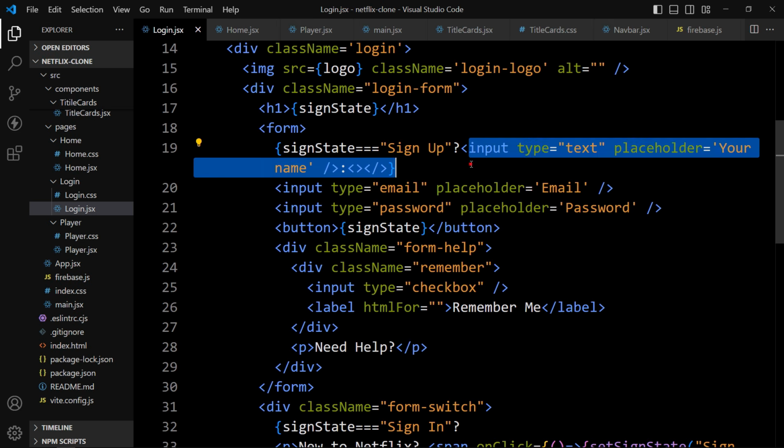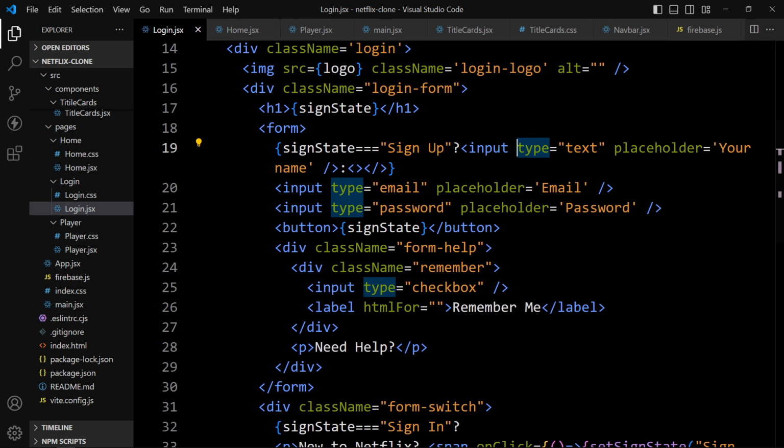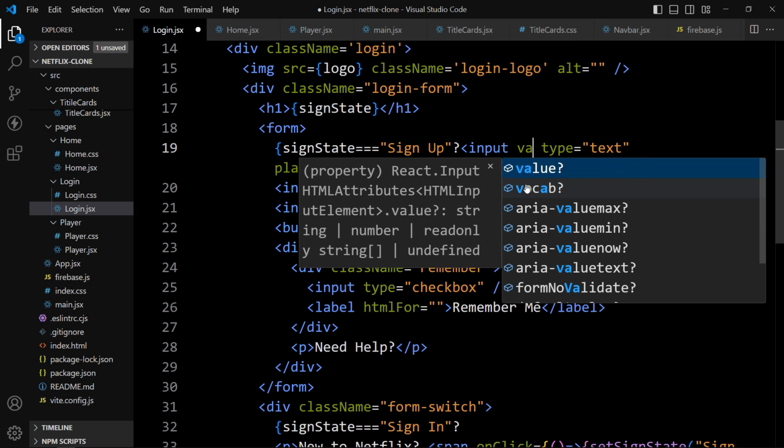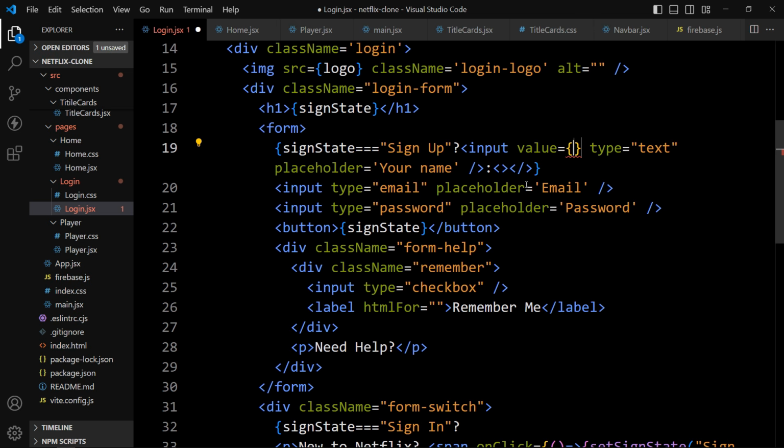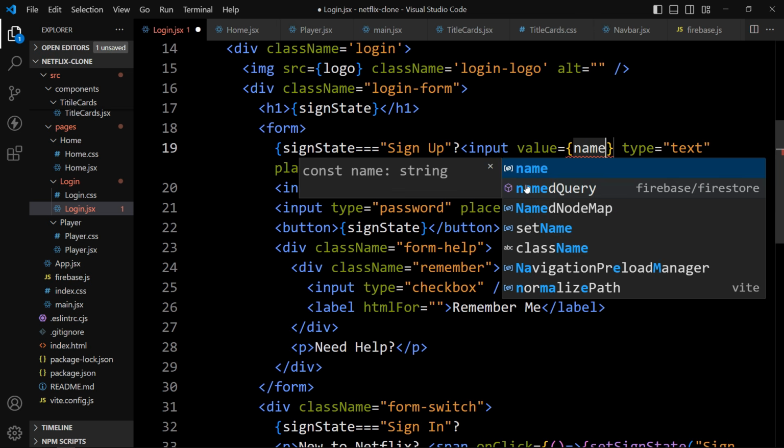So here we have the input field. This is the name input field. So in this name input field, let's add value, and in this value we will add name.